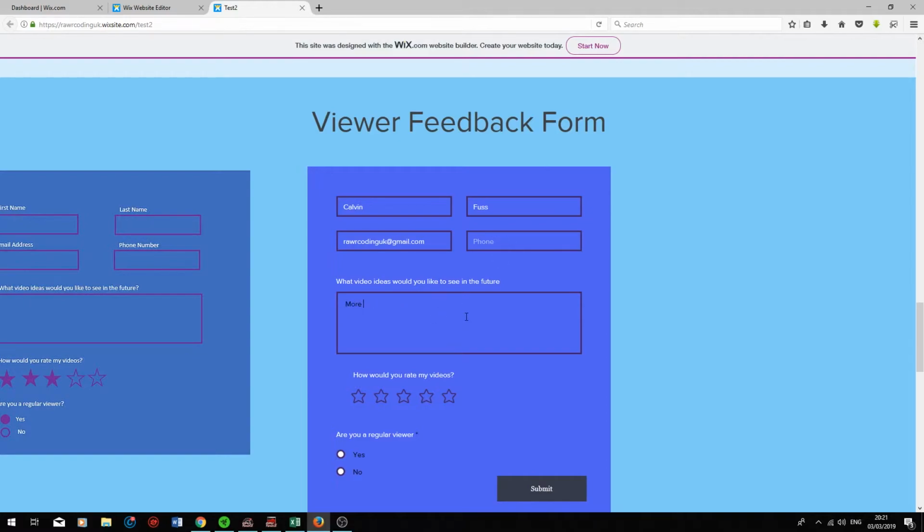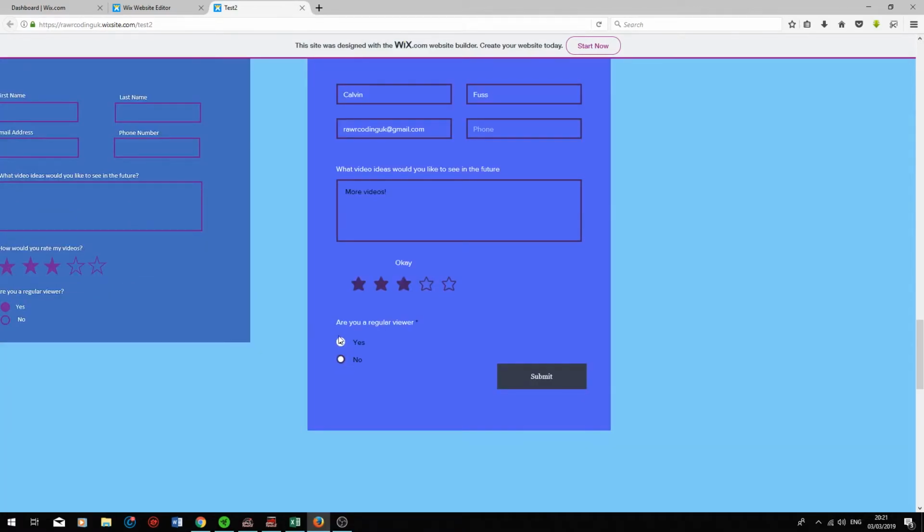So there's a few things that we just need to change. Make the hover border color purple and change the background to the same background as the form. So now if we click submit, it will say thank you for submitting, and that means our form was submitted